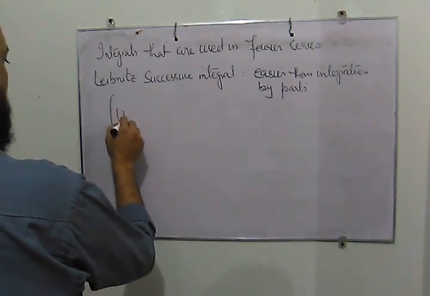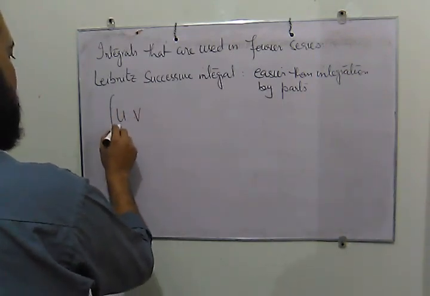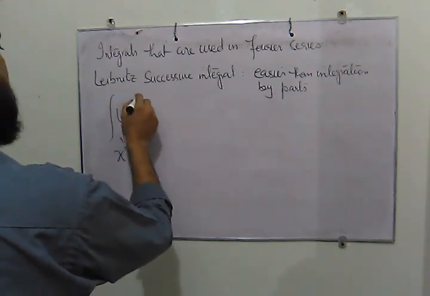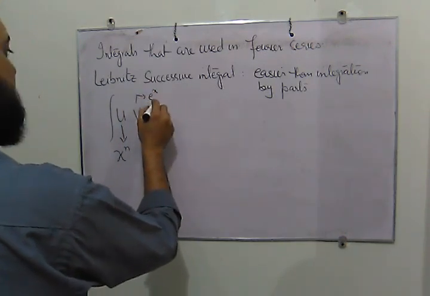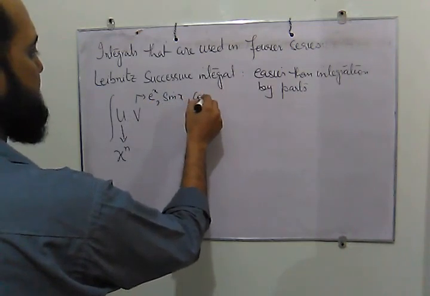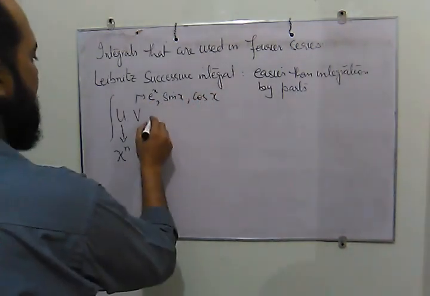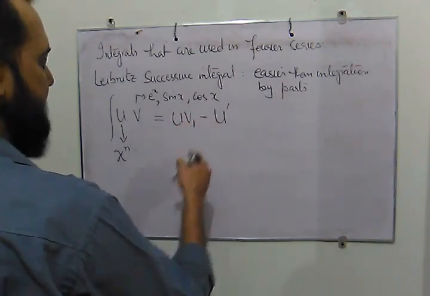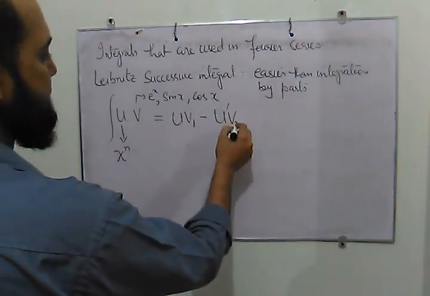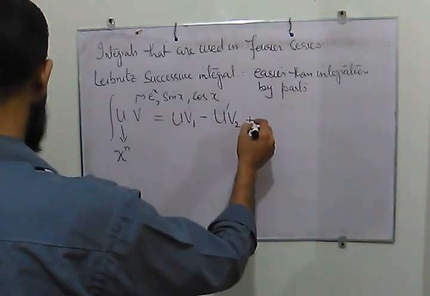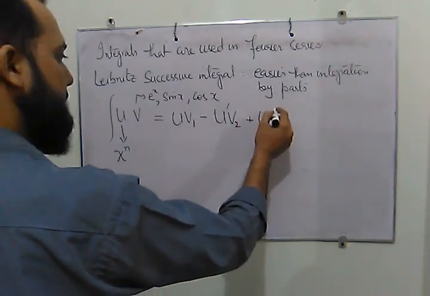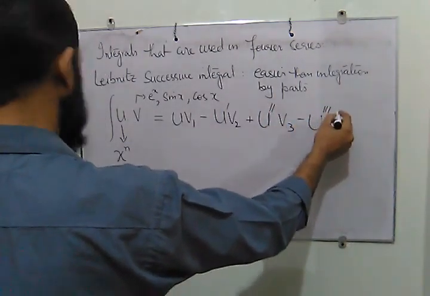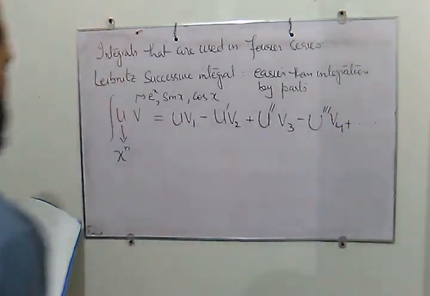So this is u dot v. Usually the u is something like x to the power n, and v is taken as, for example, e to the power x, sin x, cos x, and we write this integral as u v1 minus u prime, which is the first derivative, v2 plus u double prime, second derivative, v3 minus u triple prime, v4, and the series goes on,